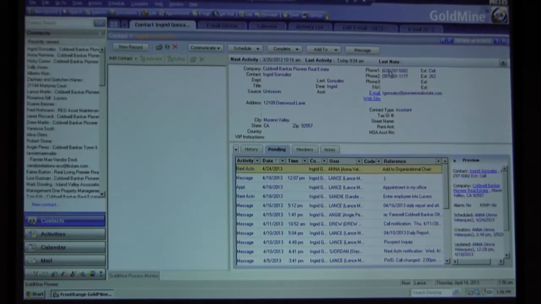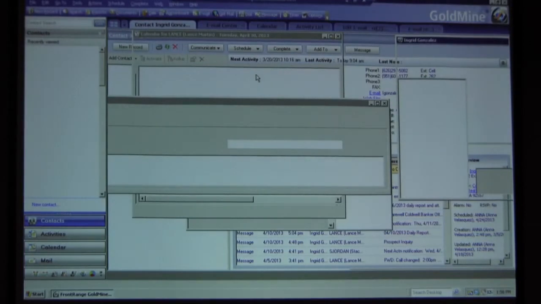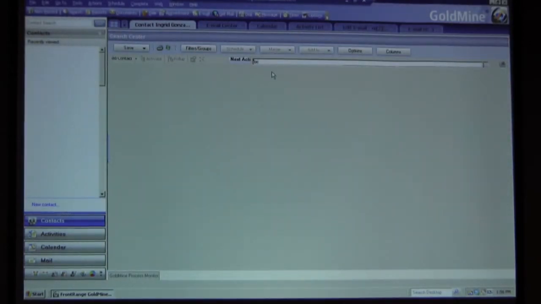Okay, so to answer Janet's question, if you have a contact with, let's use Brian for example. Brian, because I know Brian has a whole bunch of emails. No, I don't. I just deleted them all. Brian has